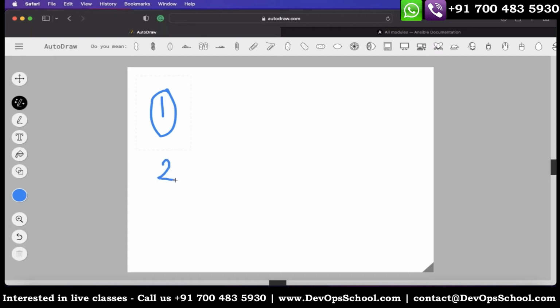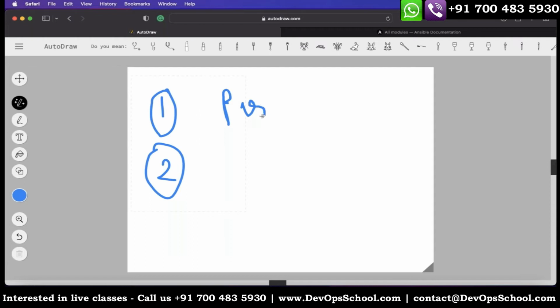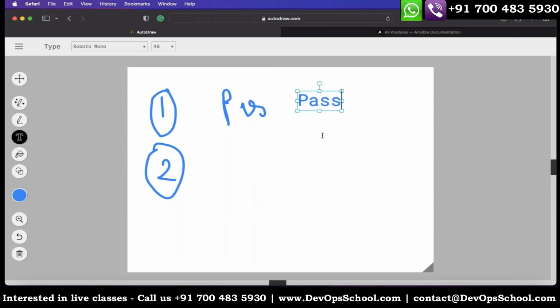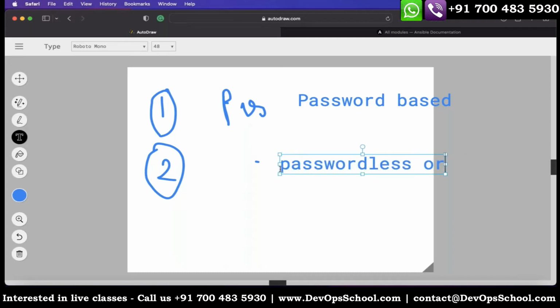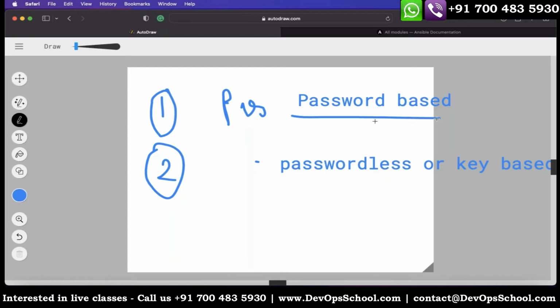There are multiple ways, but we'll be discussing two ways here. The first way is password-based authentication. The second is passwordless or key-based authentication. Password-based authentication you all might have heard of, because whenever you try to SSH